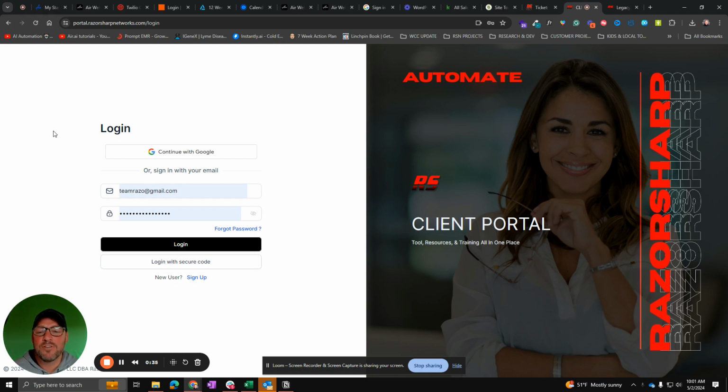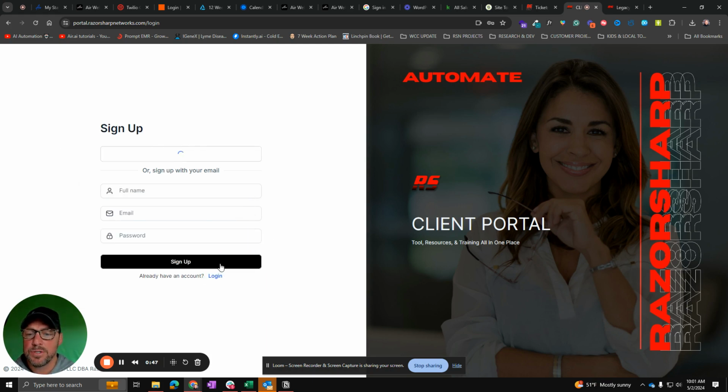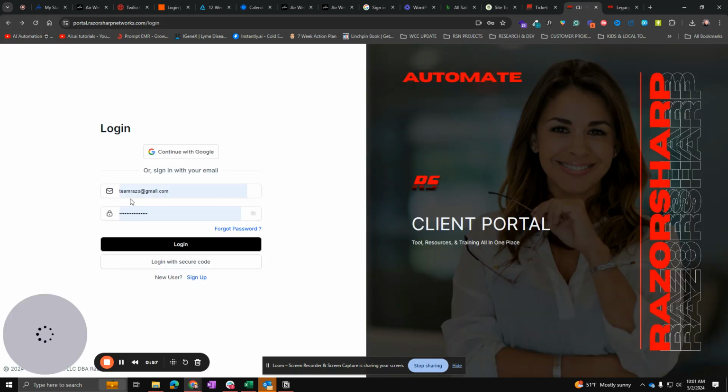So the first thing that you're going to want to do is create a client portal. So here's an example client portal that we created for RazoRSharp Networks. And the client portal gives you the ability to sign up new users. They can register here. They can utilize the Google authentication right there and sign up with their Gmail account. And or they can log in. So if I decide to log in here,